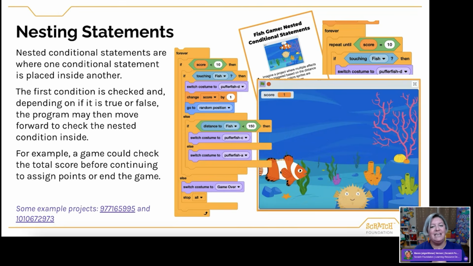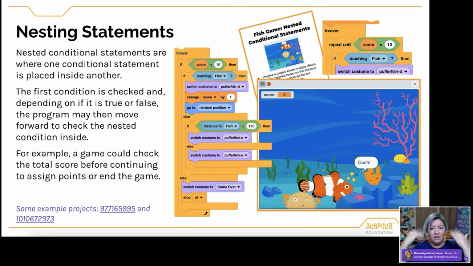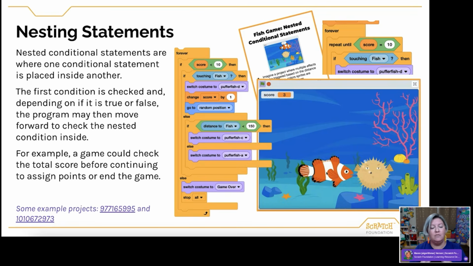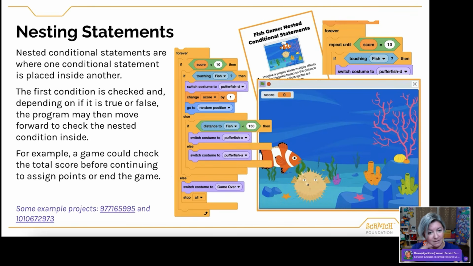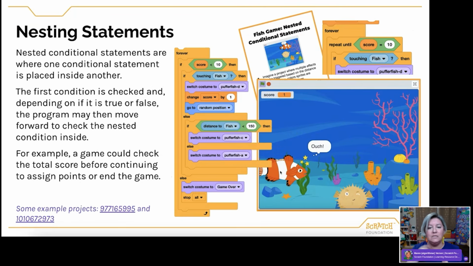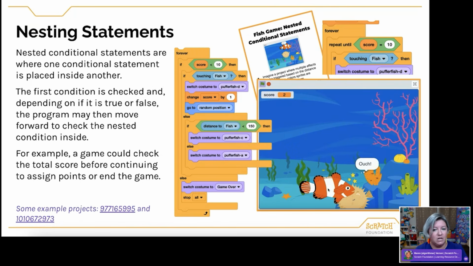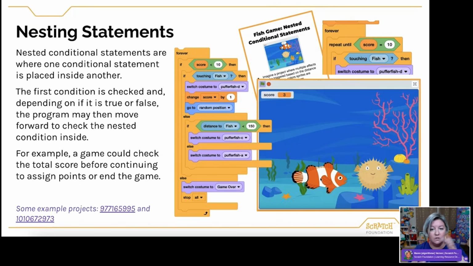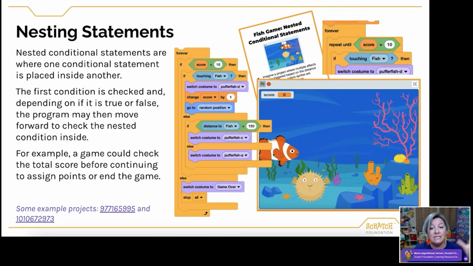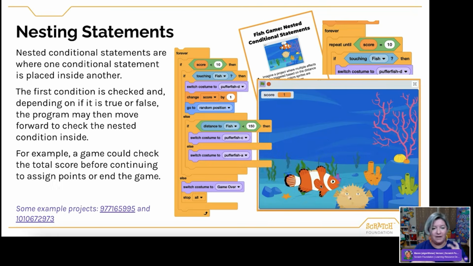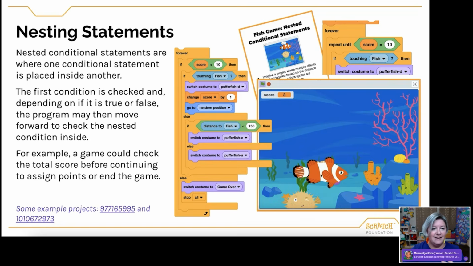This project is one that I go into more in depth in the resources on conditional statements in the Learning Library, where you can see some of these example projects. You'll notice it's using all sorts of different things, like distance to the pufferfish can also determine a certain goofy face. These are a lot of fun ways to add sophistication to your game, right?